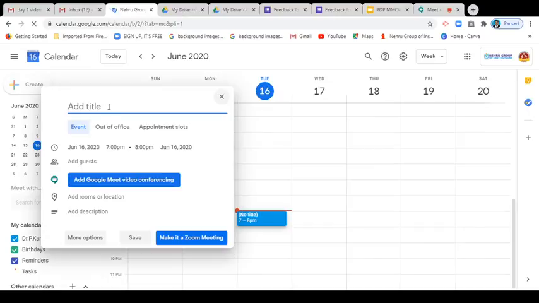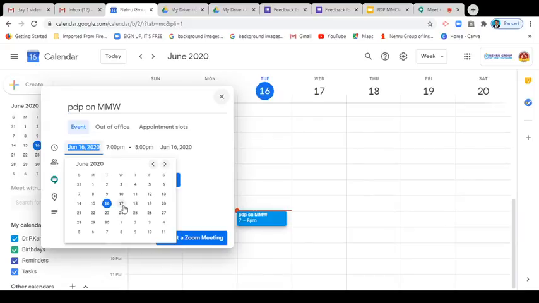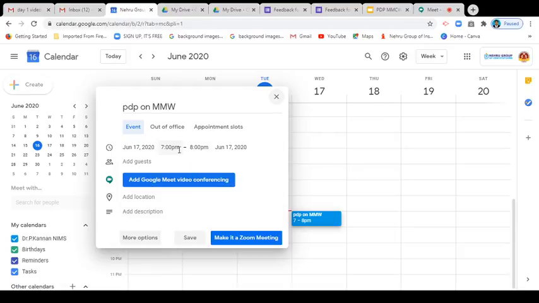It has the title. You can title it like that, PDP, Personality Development Program, and the short form. Or if you want to share this link with the resource person, you have to kindly type the entire full name of your program. And then you can select the date. You click that, it comes. It may be tomorrow. Then you can select the timing, tomorrow morning.